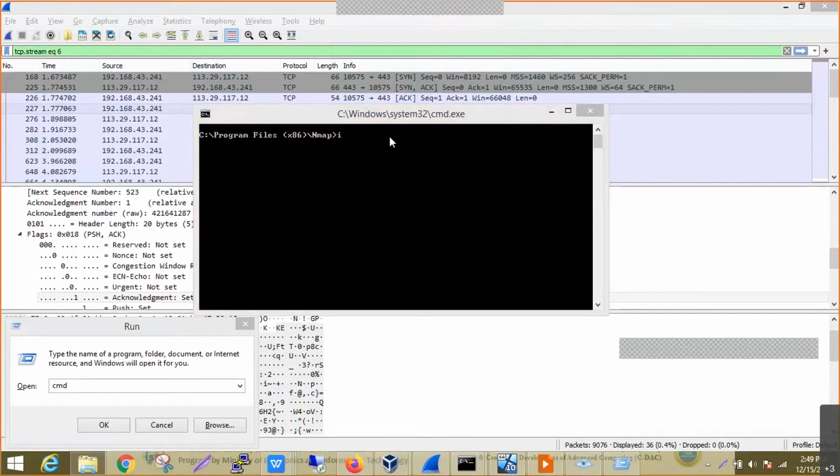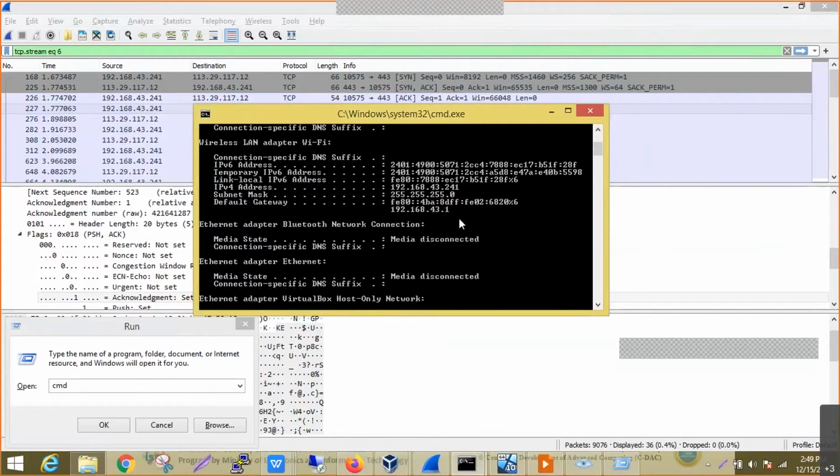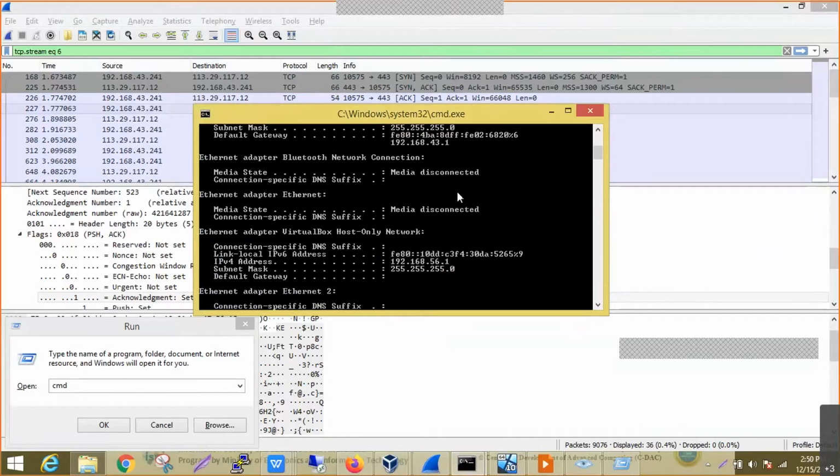So the IP address of this system, from ipconfig, is 192.168.43.241.